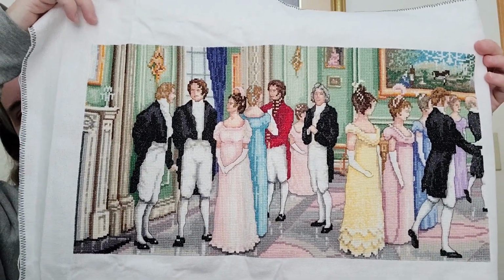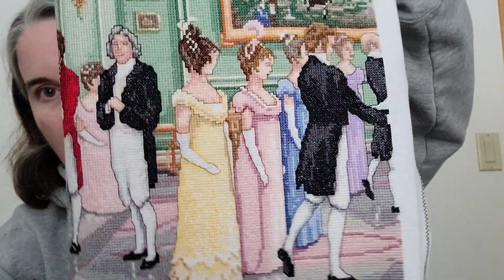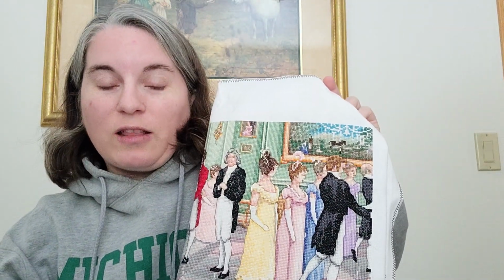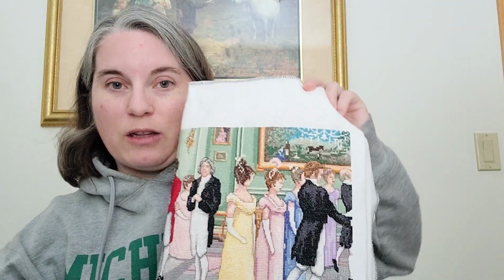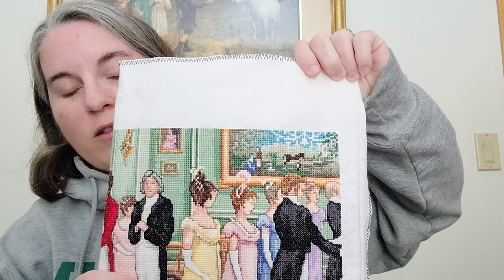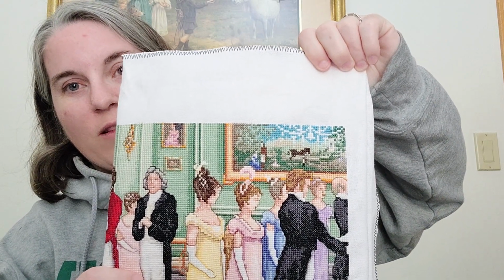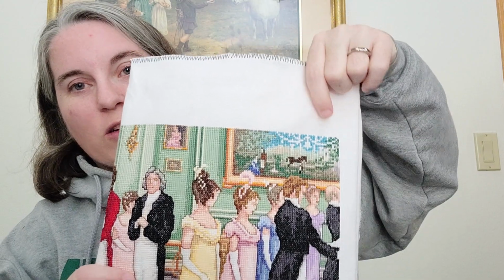So there's the entire thing, and then I'll bring you in closer on the page that I finished. Now, until I looked at the pictures that I had taken, I didn't realize what was going on up here. I thought these were really weird clouds. And I'm like, duh, that's the chandelier in front of the painting. That's not a really weird sky, but when you're working on finishing that painting and you're looking at it close